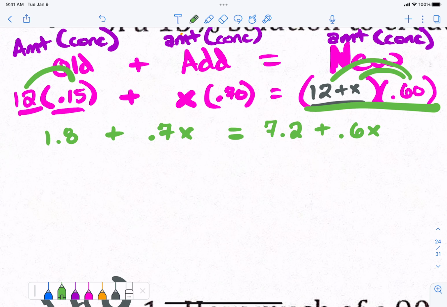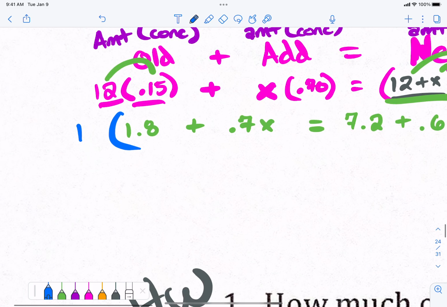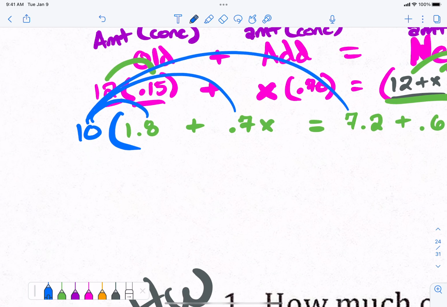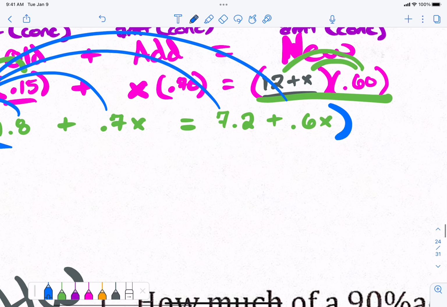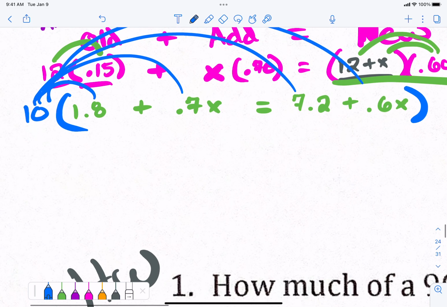I don't like decimals and I don't like fractions, right? And each one of these numbers has one decimal place. So, do you know what you can do to make life easier? Take the whole thing times 10. Distribute 10 through to everything, right? If it had 2 decimals, you would take it times 100, right? You might have done that in 4th grade when you dealt with penny and nickel and dime problems. So 1.8 times 10 is 18 plus